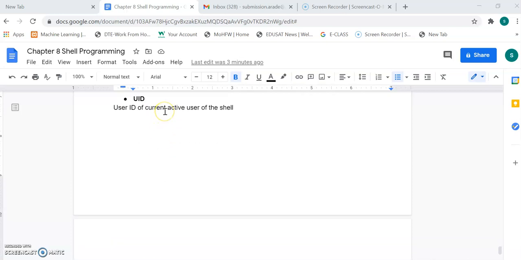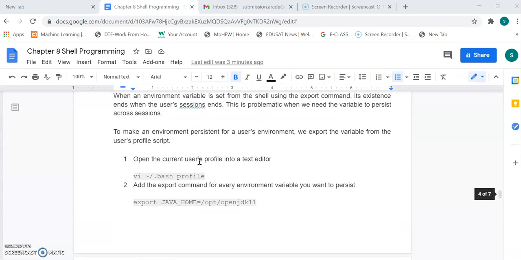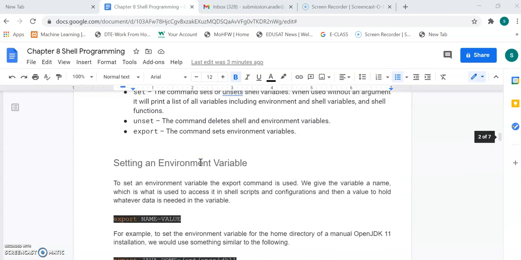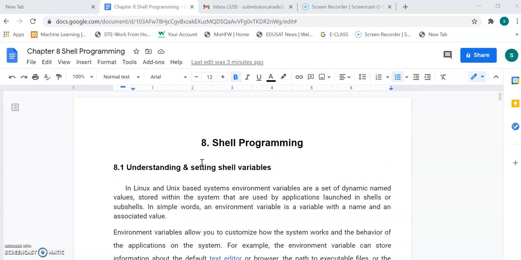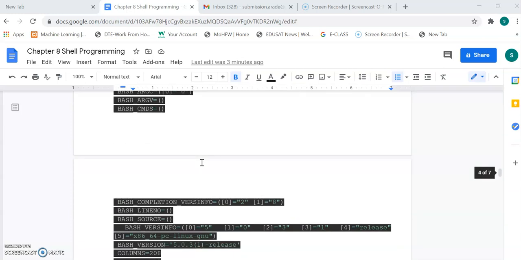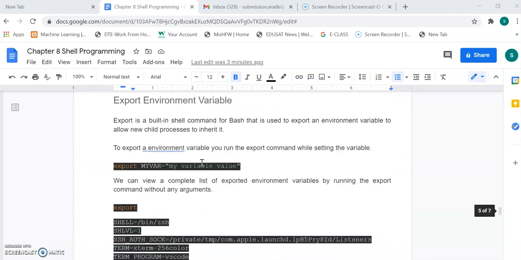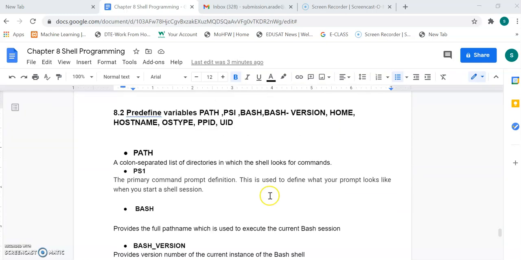UID is the user ID of the current active user. So these are the predefined variables. In this video we learned about the different shell variables, how to set shell variables, the use of those shell variables, a subset of commands, and some predefined variables. There are so many predefined